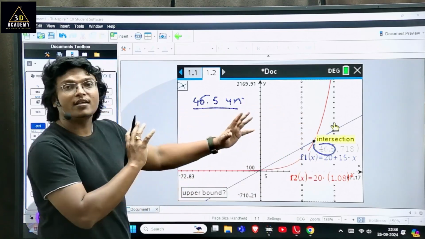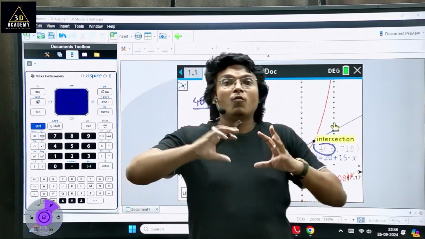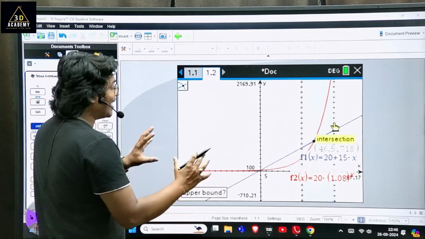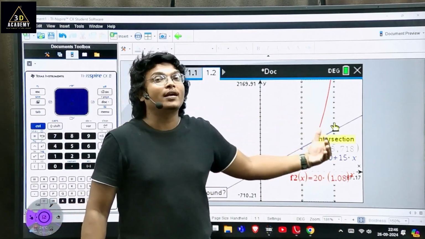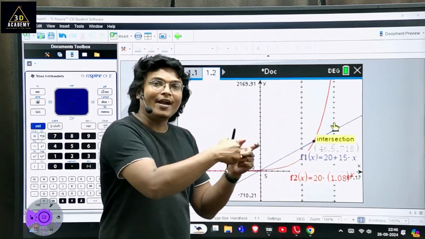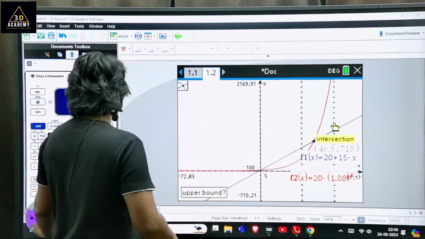This is just a glimpse of what kind of question might come. Getting it? And this is how you do it on the calculator. So I showed you the steps on the calculator as well. If you have not understood, you can again rewind back, take your calculator and do the steps along with me. Getting it? Okay. Next,